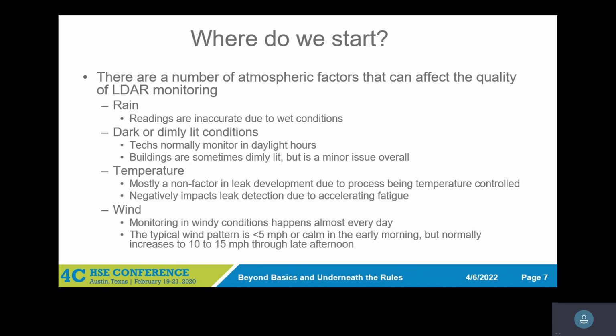You know, dark, dimly lit conditions, that kind of speaks for itself. The temperature thing, I'll mention that whenever I wrote this 5 years ago, I had a limited data set on the temperature thing. In the 5 years I've been with the MSI, I've managed to travel a little bit up north, you know, Pennsylvania, and done a lot of work in Illinois and Indiana,